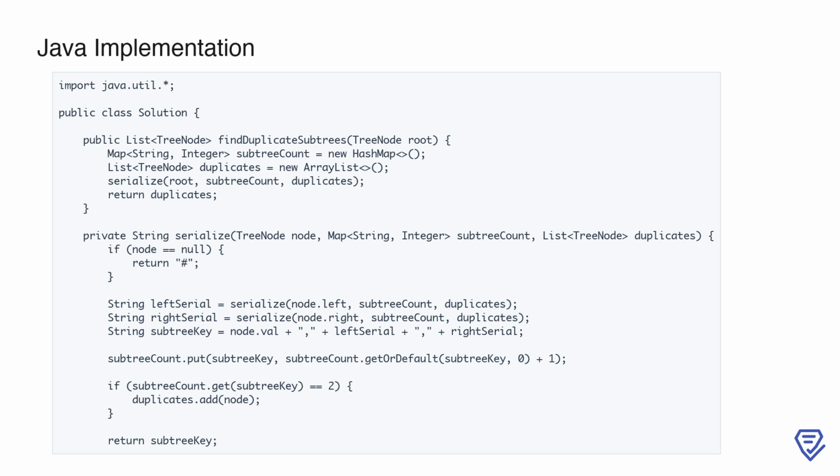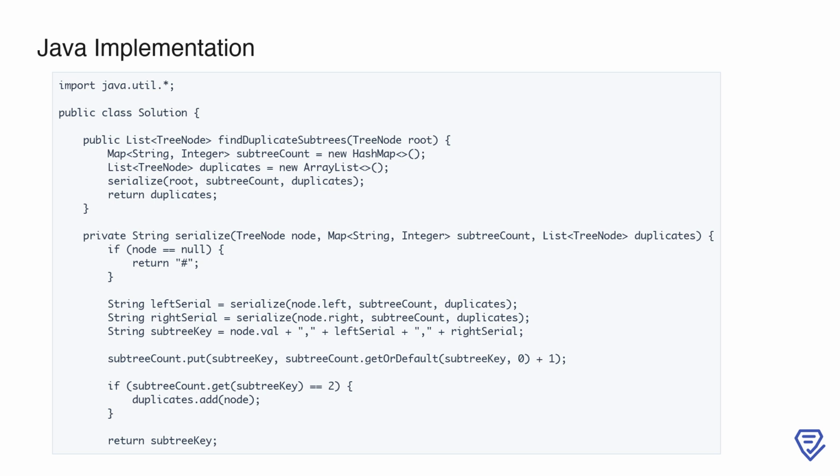This string serves as the key for our subtree count map. If this key has been encountered before, we increment its count, otherwise, we initialize it to 1. If the count reaches exactly 2, we add the current node to the duplicates list, ensuring that each duplicate subtree is only added once. Finally, the serialized key for the current subtree is returned, allowing the recursion to continue building